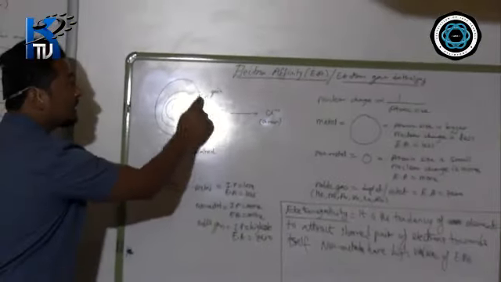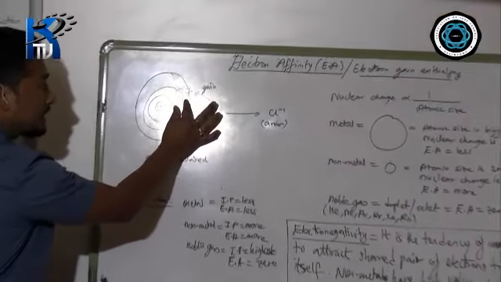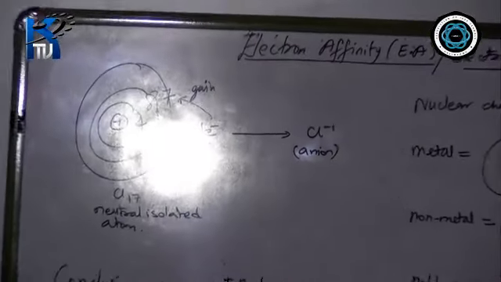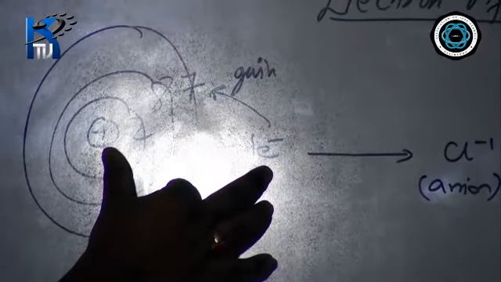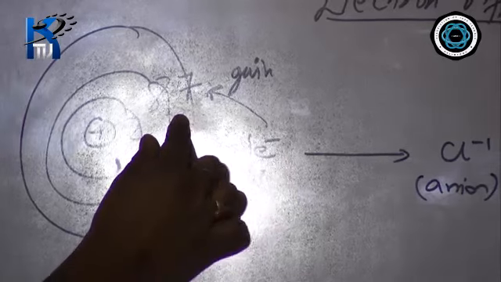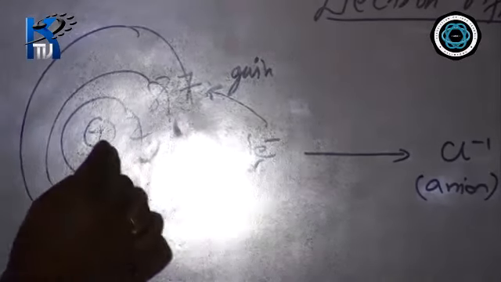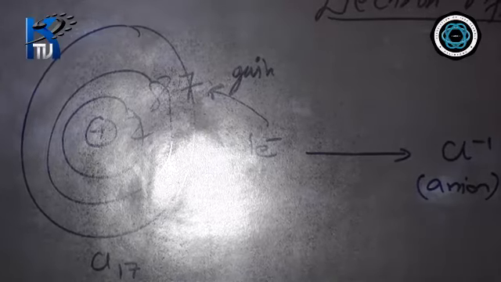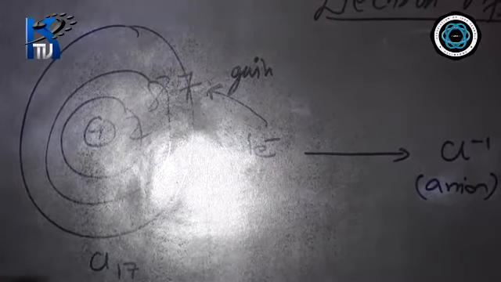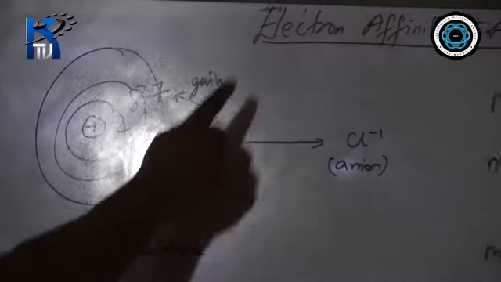Reason? Nucleus is positively charged, so it wants to attract one more electron to become octet. But the 17 electrons which are already present are negatively charged. So between negative and negative there will be repulsion. Positive, negative, there will be attraction. As a result, whenever the nucleus pulls the electron to make chlorine octet, it releases some energy, and that energy released during the addition of an electron is called electron